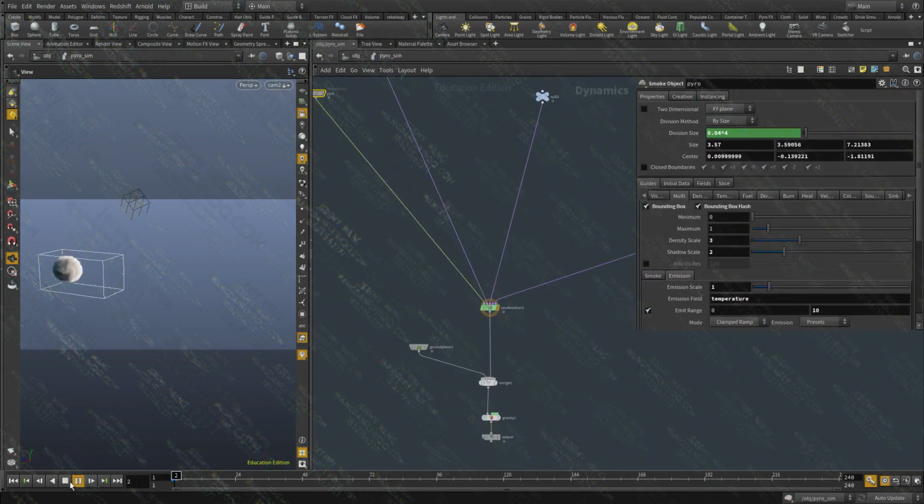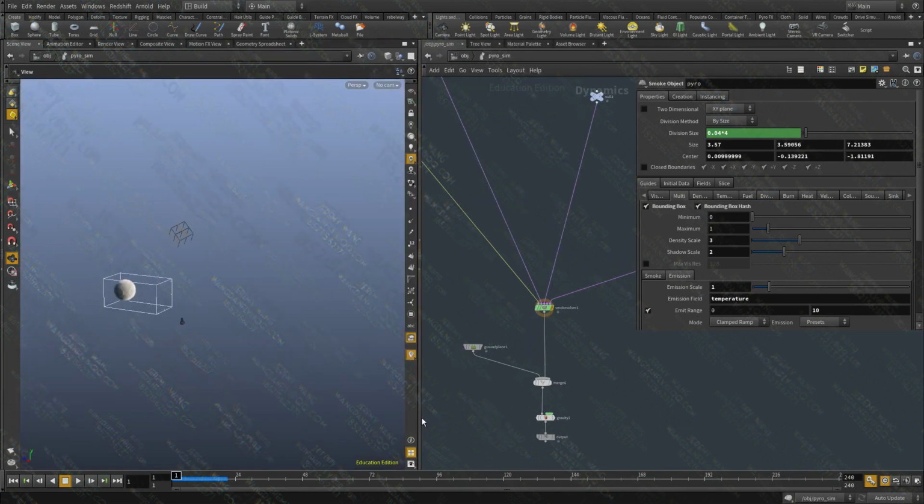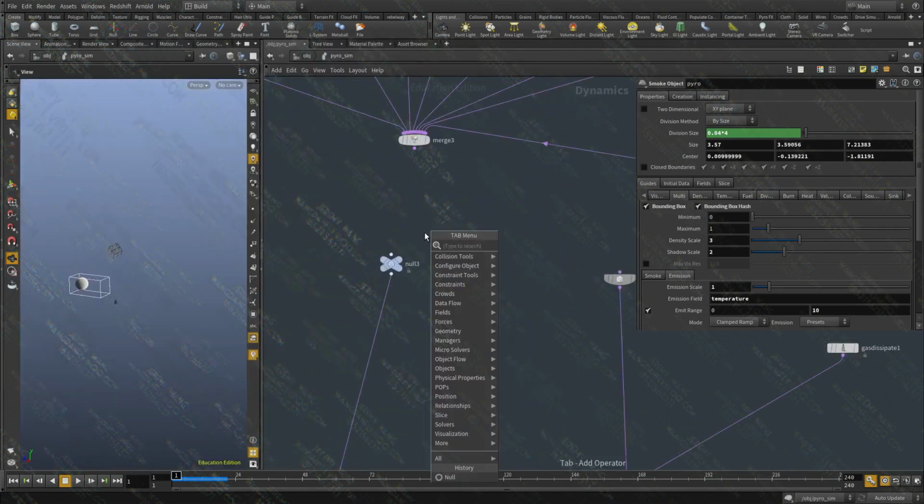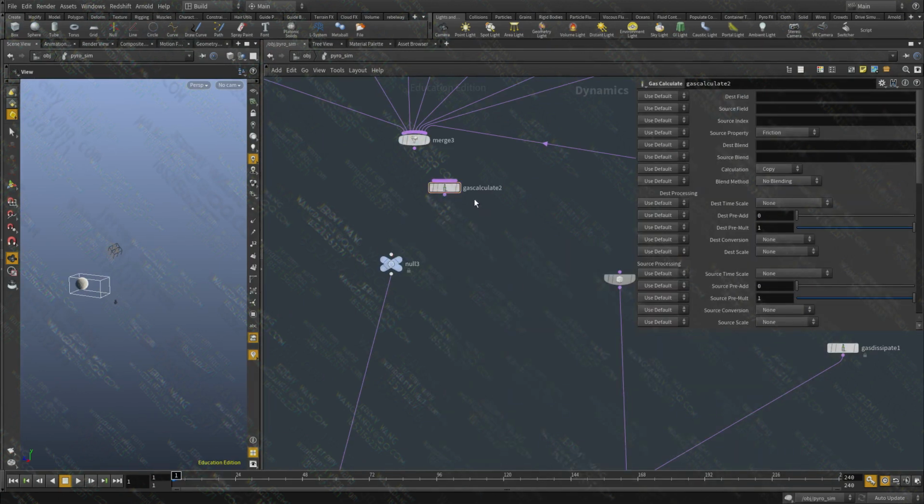Cool, so let's hit play. Okay, we have our simple sim. This is the default behavior, and what I'm going to do simply is take the density field and plug it into the temperature field. I'm going to do that using a gas calculate, so I'm going to put down a gas calculate node,